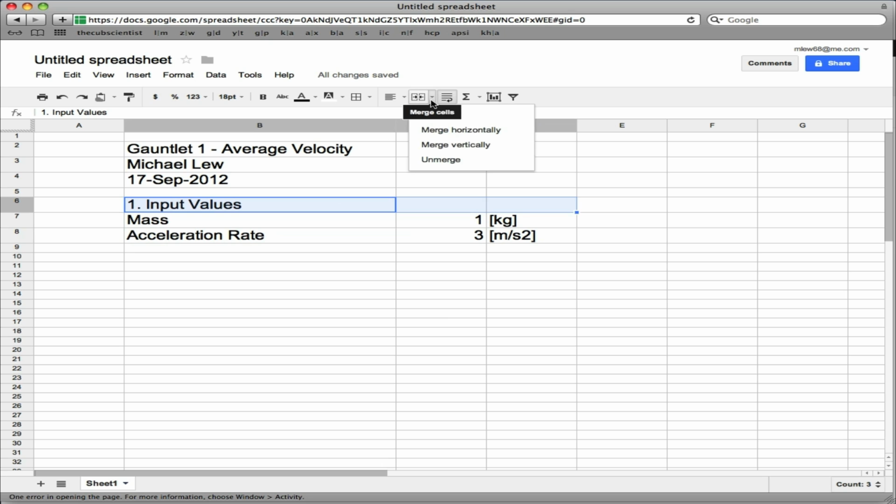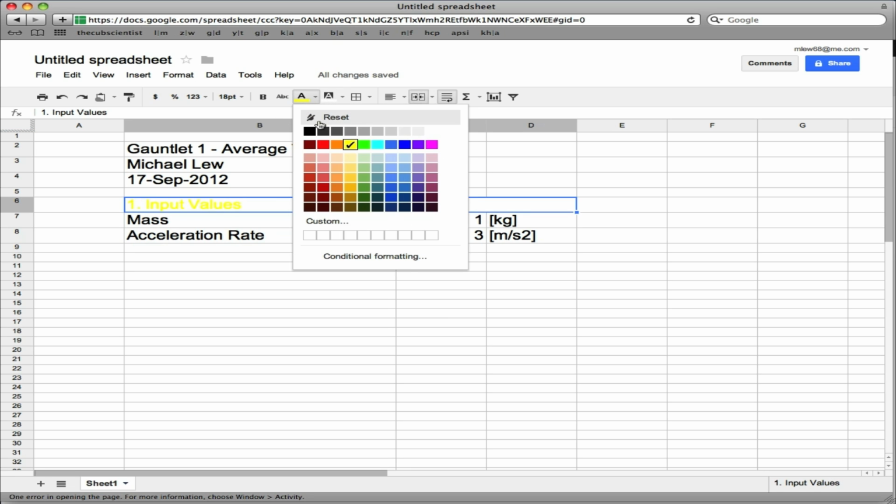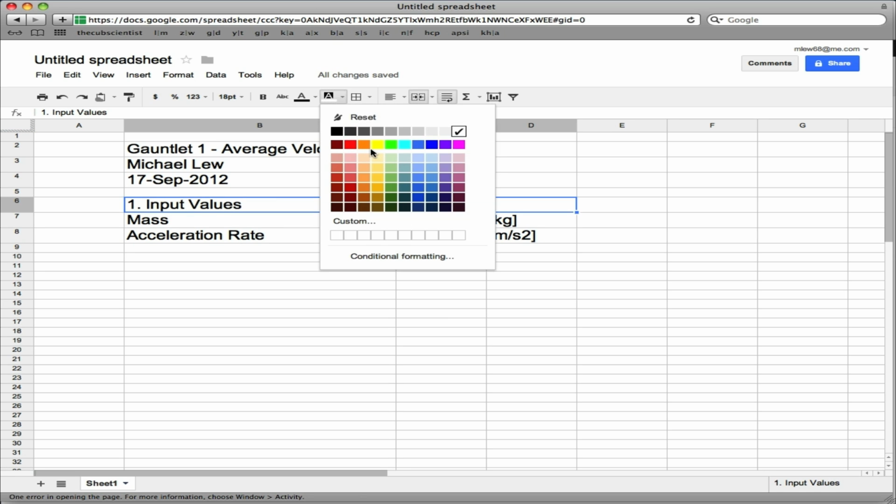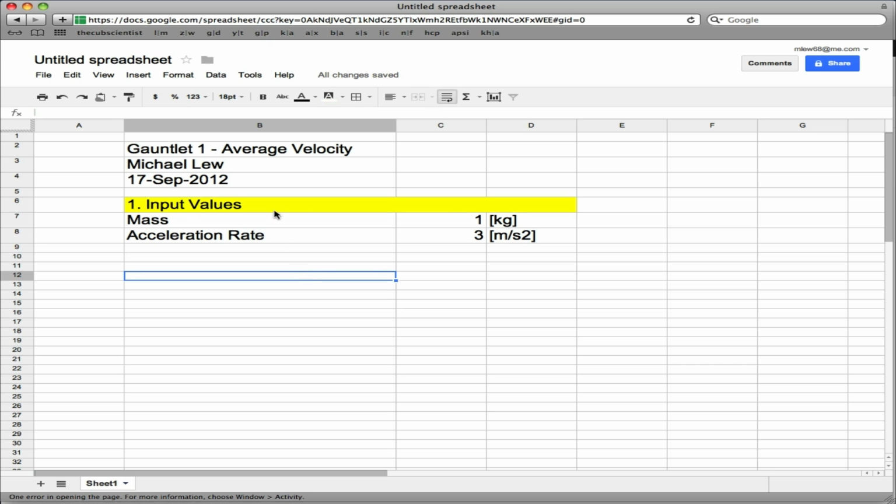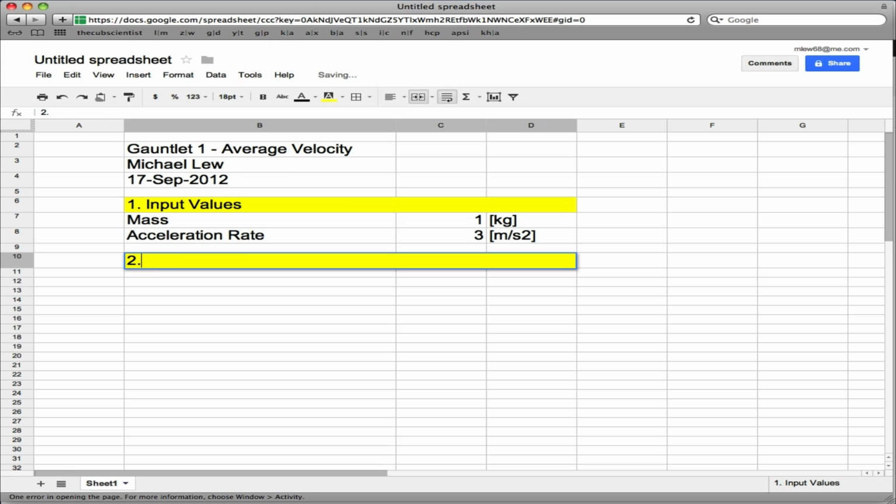I'm going to click and make these one cell and give it a little yellow highlight, the background color of yellow. Okay. So in this particular gauntlet, I'm going to give you the mass of the cart and the acceleration rate you need to obtain. The second part, I'm just going to cut and paste this over here so I keep the formats, is the calculations,